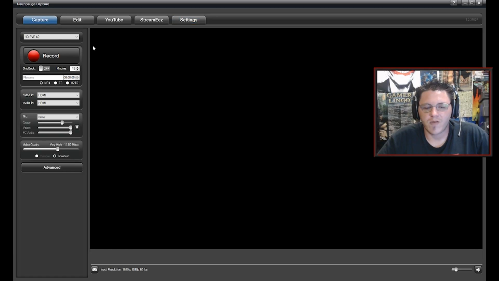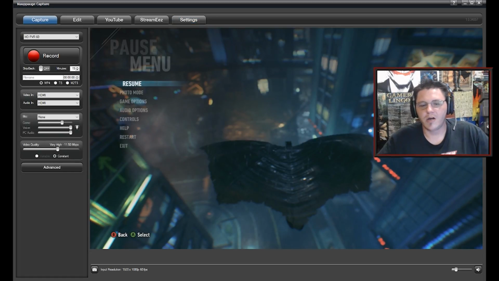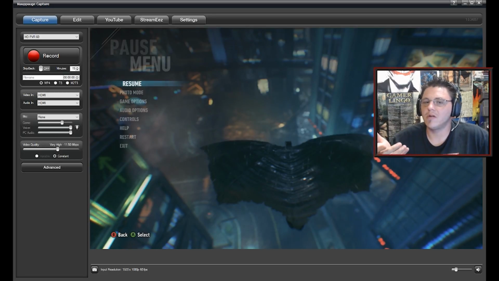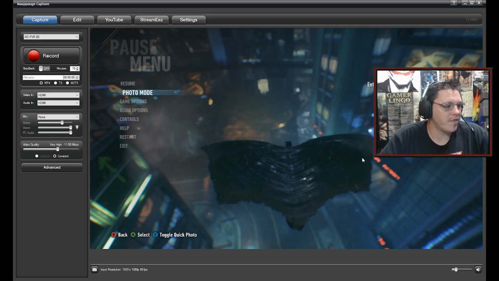So then if we come back over to the Capture tab, we're back here on the pause menu, but there are a handful of games, and I know the Warner Brothers games are good about this. Shadow of Mordor released a photo mode. Batman Arkham Knight's got a photo mode, which I'm going to show you guys here. So if we come in here,